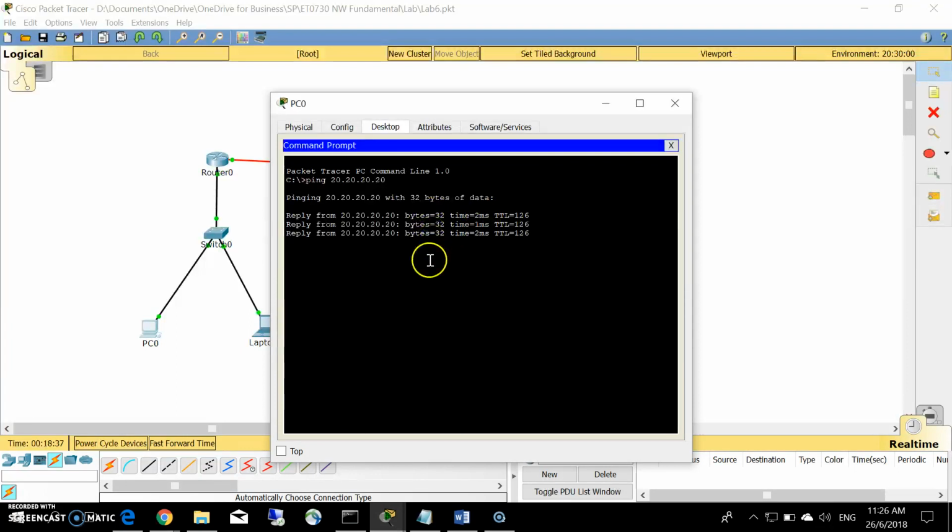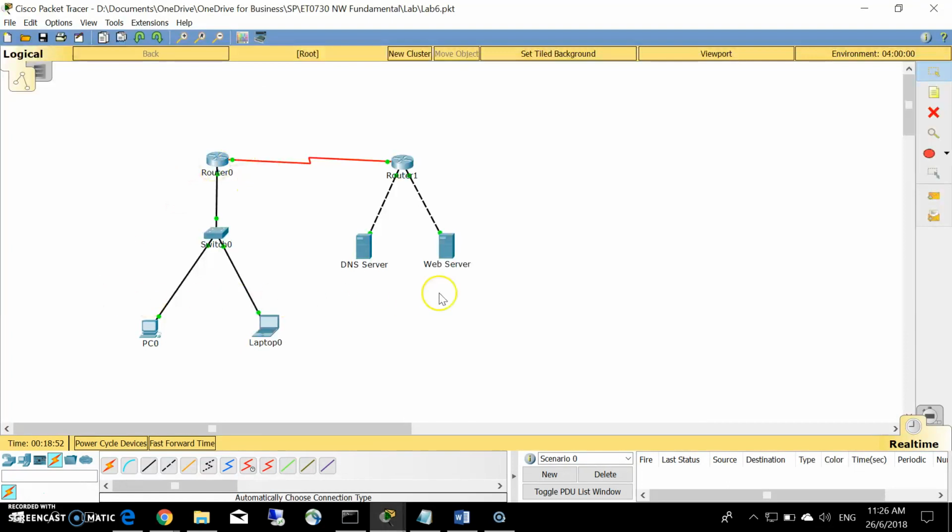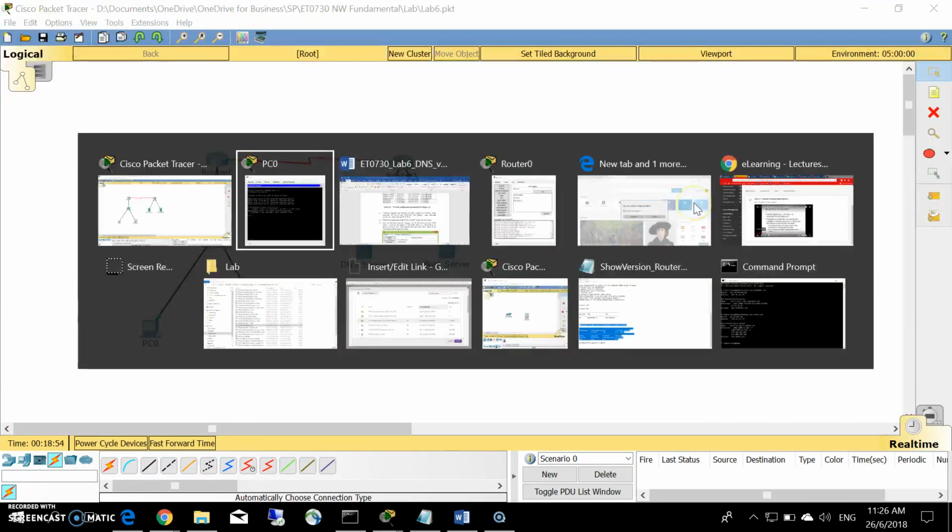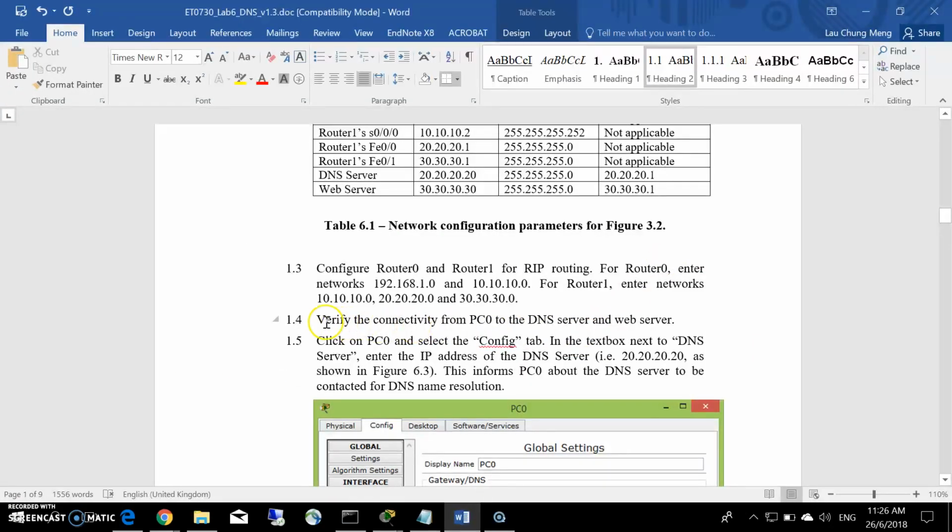So I got the reply back. You may get a few timeouts, but just wait, maybe the third or fourth one you should get a reply. If out of the 4 you don't get any reply, please check your connection again and please check your IP address again for all the devices. So I have verified the connectivity.